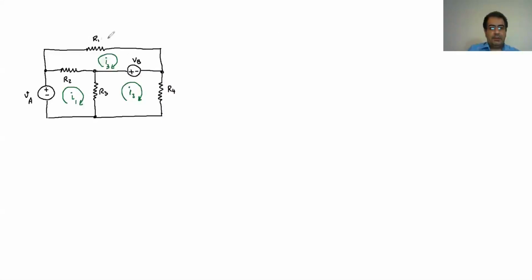So let me mark them. For example, here it's R1 and the voltage is V1, and this one is R2, and assume the voltage in that is V2. And here we have R3 and assume the voltage is V3, and we have R4 and assume the voltage in that is V4. So at loop 1, if I apply the KVL, the Kirchhoff voltage law,